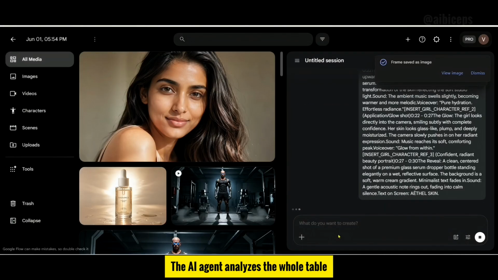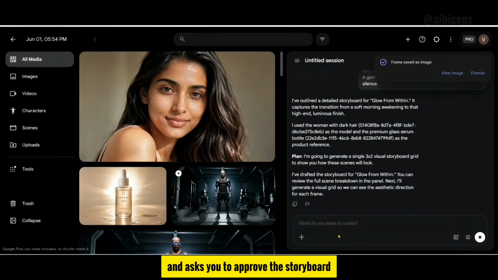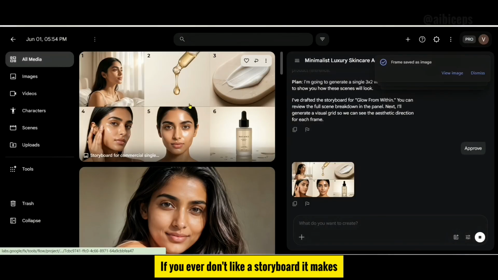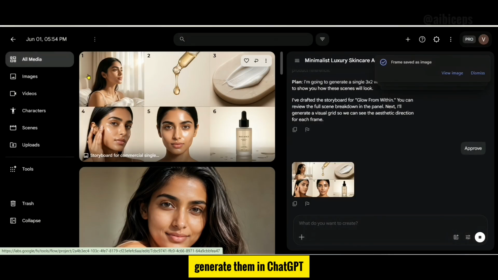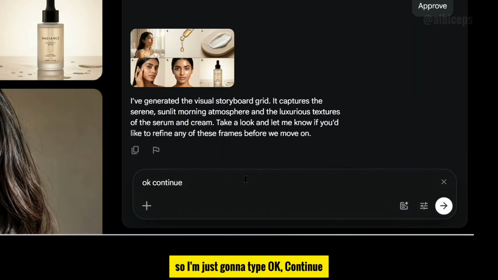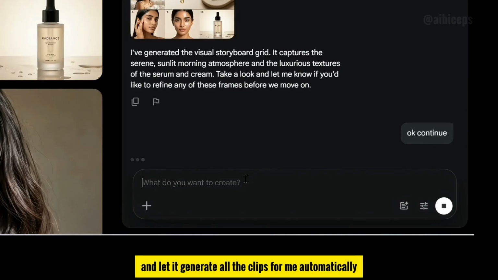The AI agent analyzes the whole table and asks you to approve the storyboard. I hit approve and wow, the storyboard it generated looks so good. If you ever don't like a storyboard it makes, you can just ask the agent for written prompts, generate them in ChatGPT, and re-upload them. But this one looks fantastic, so I'm just going to type OK, continue, and let it generate all the clips